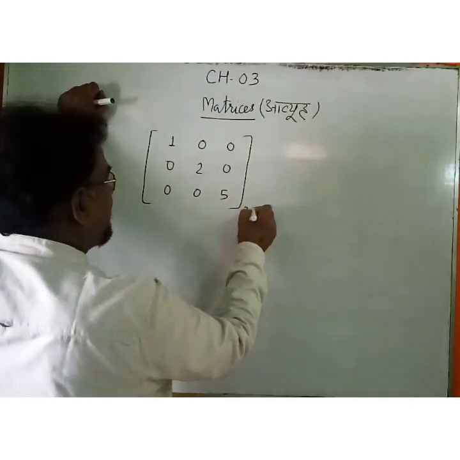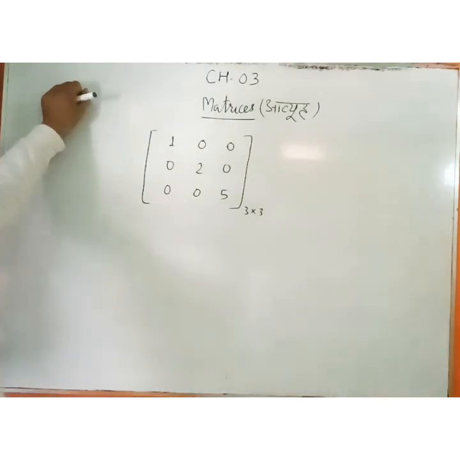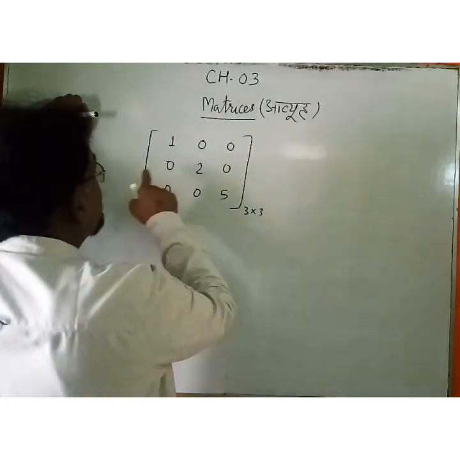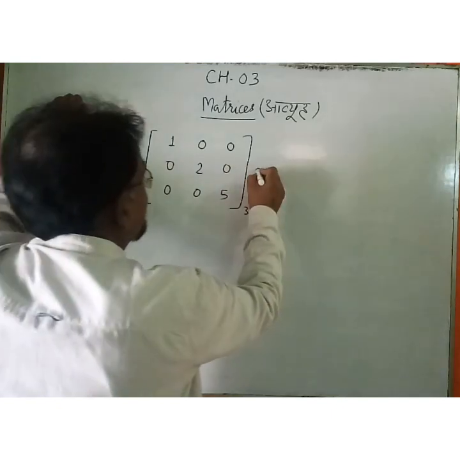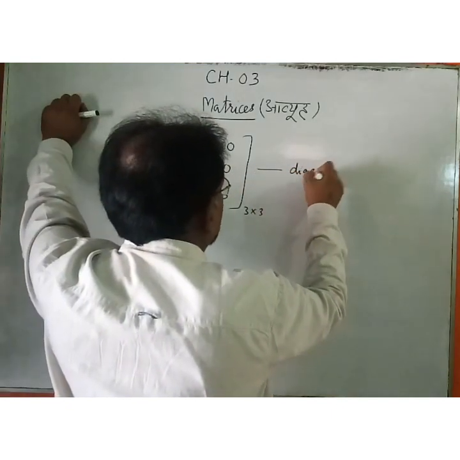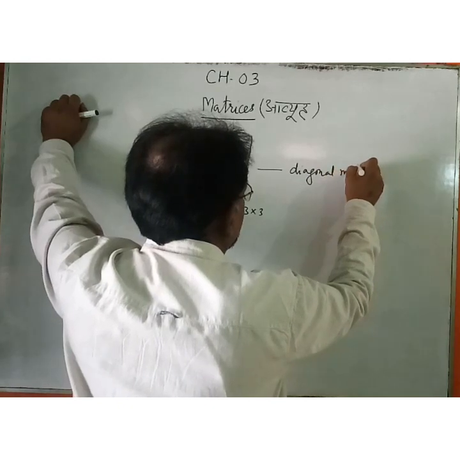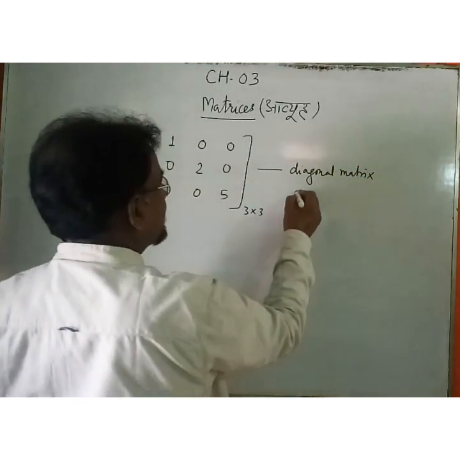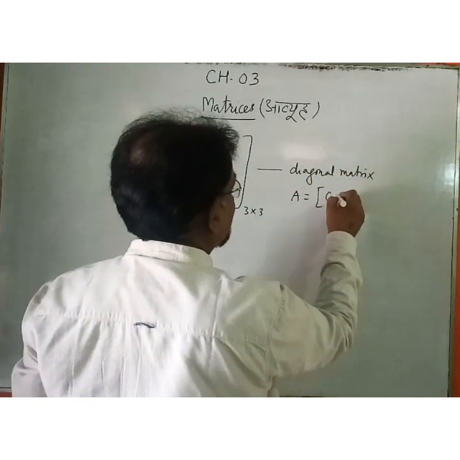This matrix is a square matrix of order 3 by 3, or simply we can say order 3 only. 1, 0, 0, 0, 2, 0, 0, 0, 5. This is called a diagonal matrix. Diagonal matrix के लिए फॉर्मूलेशन करेंगे कि if A is equal to matrix Aij